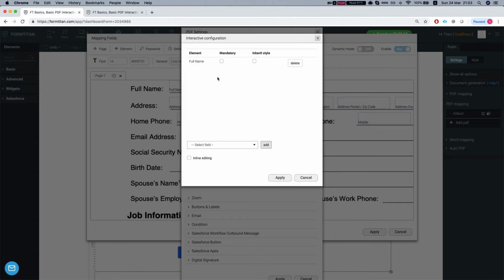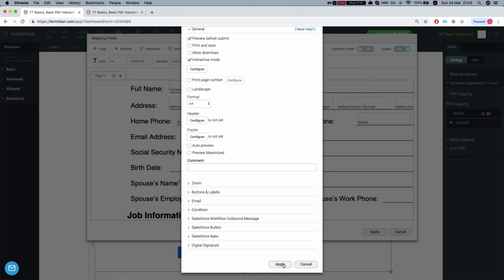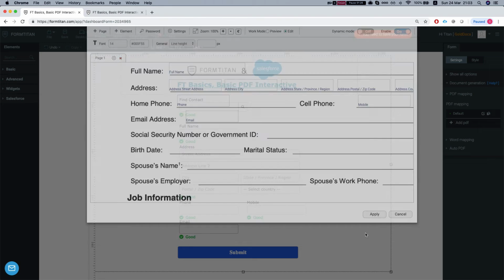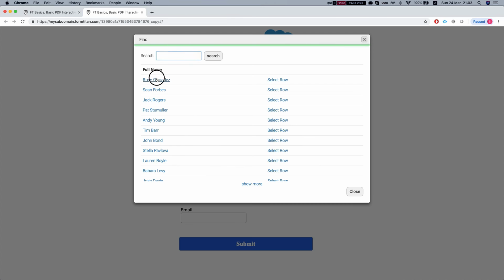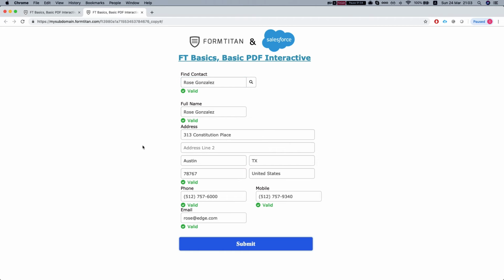So let's add our full name. We can do that it's mandatory, and let's add our email, and we will do mandatory as well, and let's do inline editing as well, and apply, and save the form. Let's refresh our form. Head back to rows, submit,